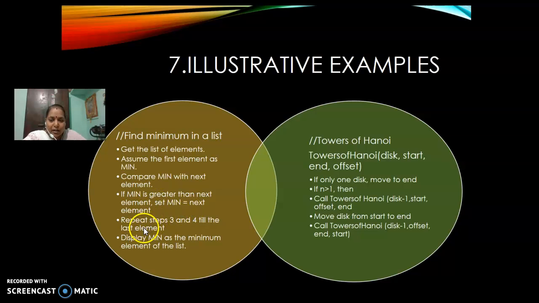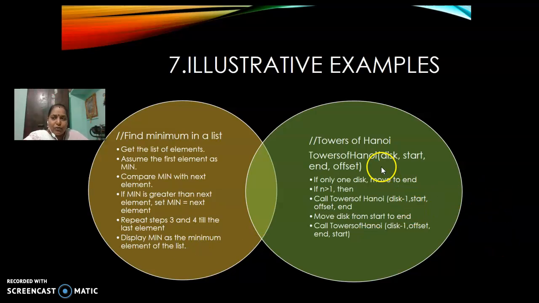We repeat the steps repeatedly till the last element, that is A of n. After comparing all the elements, we obtain the minimum element among the given list of elements, and we display the minimum element in the list.